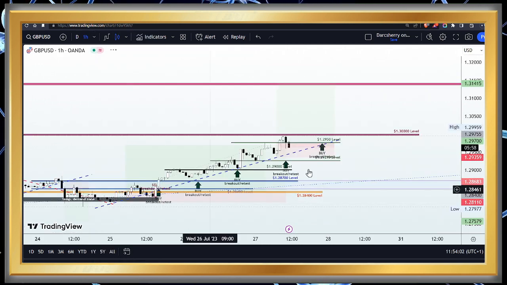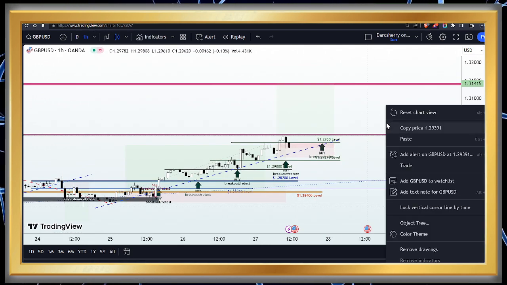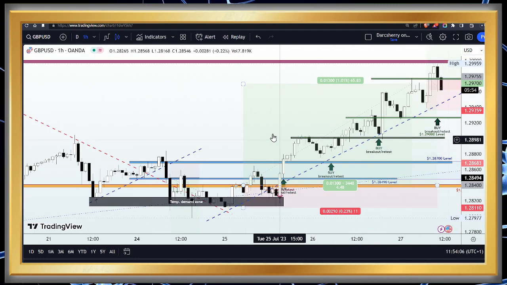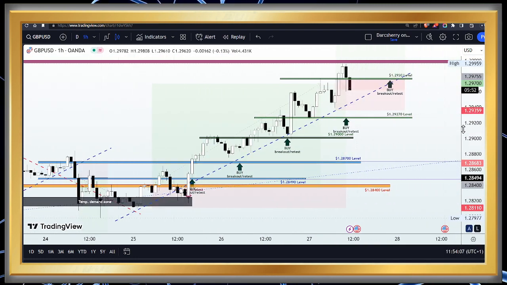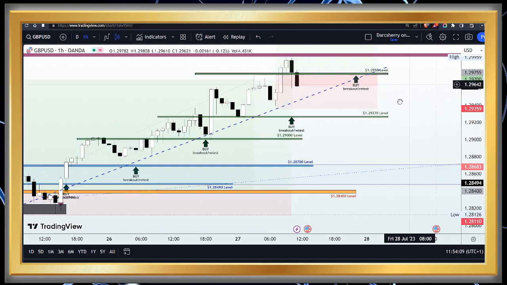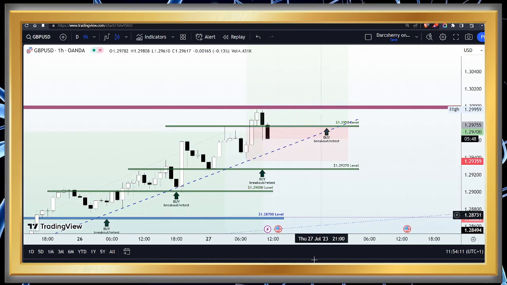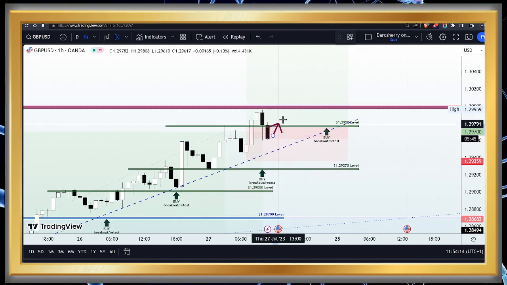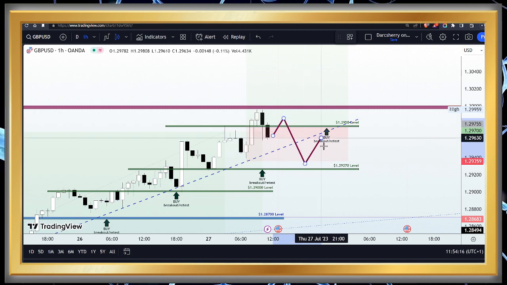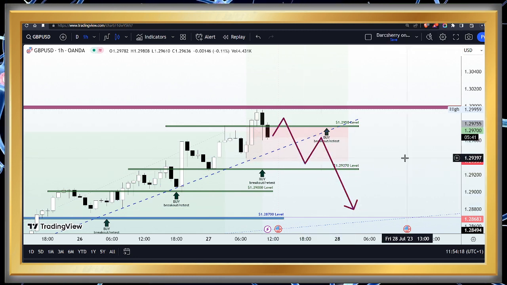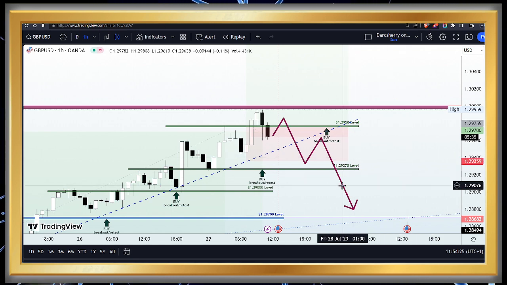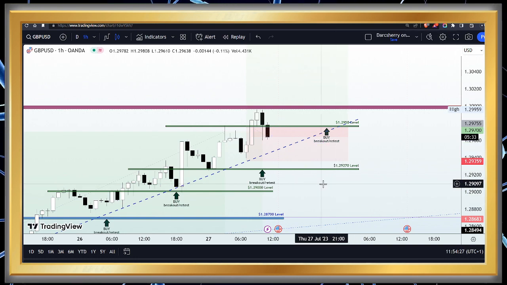So let's scale back down into the 1 hour time frame. Right now we have a situation where sellers are still dictating the pace based on the last 2 candles here. If this persists and continues, then a breakdown of the ascending trend line will be the signal we are waiting for to join a bearish move. So let's be on standby to capture that opportunity when it finally happens.